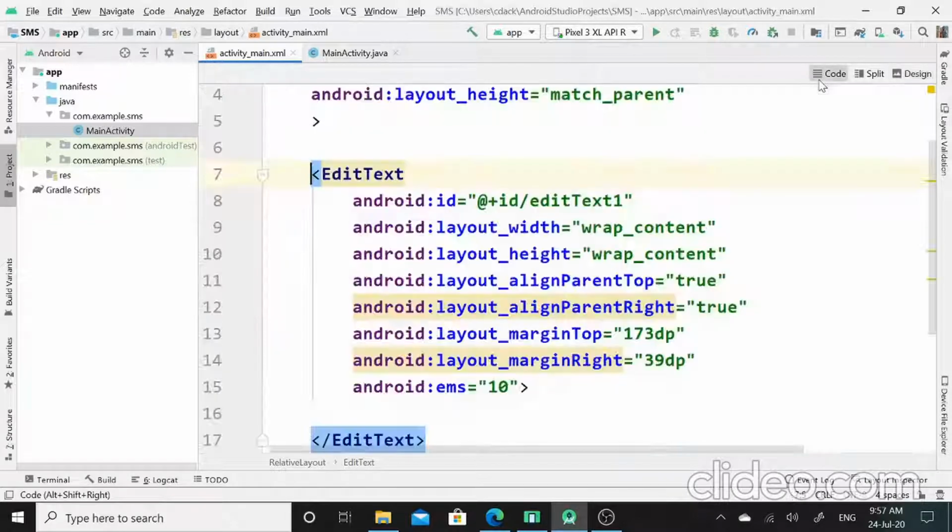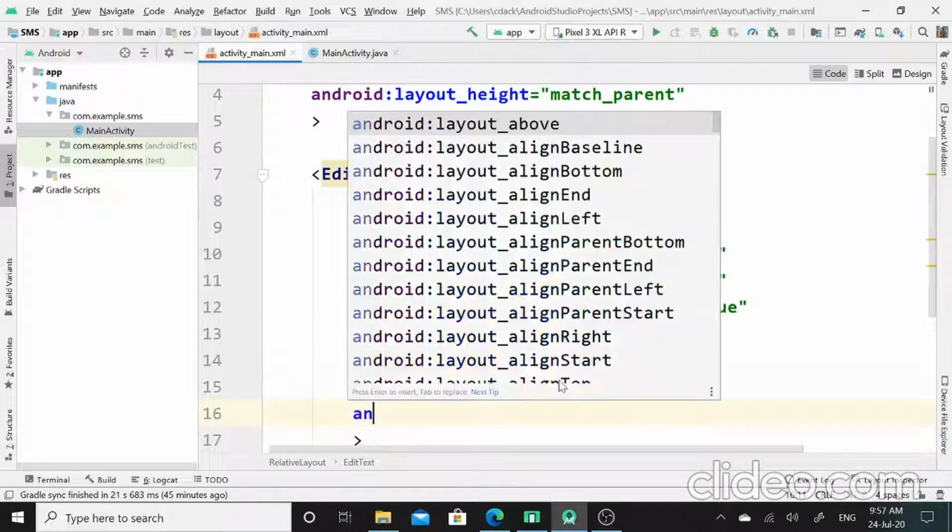Now I will switch to the code mode. Since I am going to make use of this edit text to accept the contact number from the user, I will set max length property for this edit text.